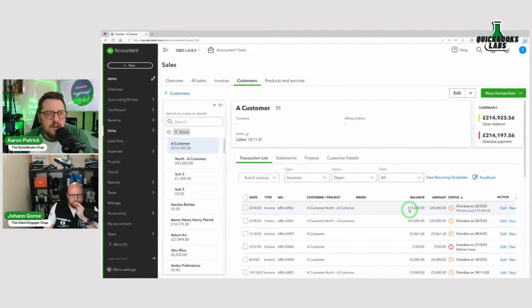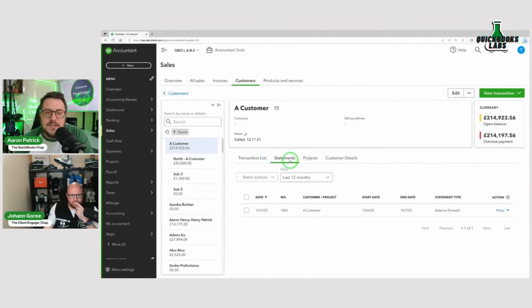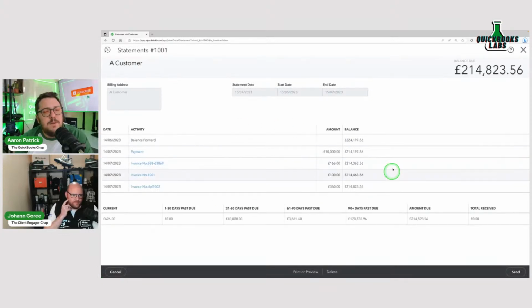There are a few other updates as well. You've now got this handy little statement button here, so you can go back and look at historical statements that have been done. Could be useful to understand why clients or customers are a bit confused about what's going on. You can go through that history with them. And the statement itself is looking a little different as well. If I quickly go into it, it's a bit more interactive now, so I can click on invoices and see it from there, although this isn't the same view that the customer's going to get. So yeah, still a worthy update in my end. What do you think then?